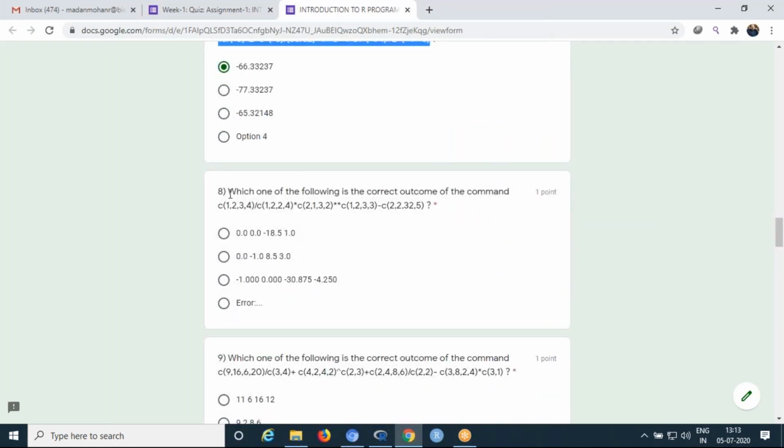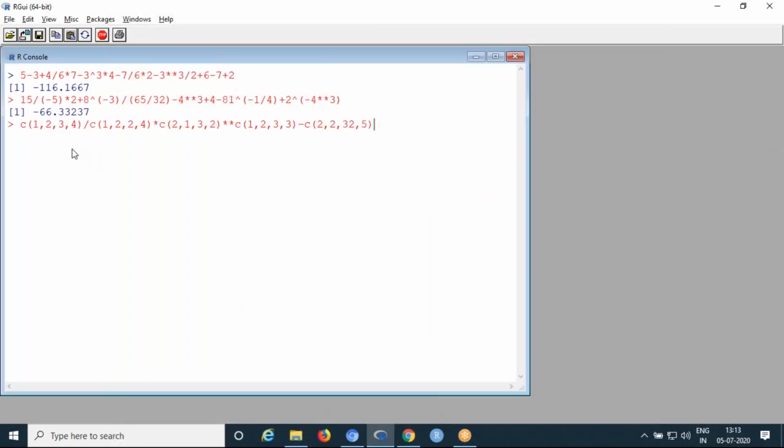Then another one also in a similar fashion, the eighth one, but here the combined command is used. That means vector values, so vector values with arithmetic operations. Copy this command, paste here. Now see the different results. First one is CF1234 by CF1234. This result. Then the second one is divided by these two or multiplied.